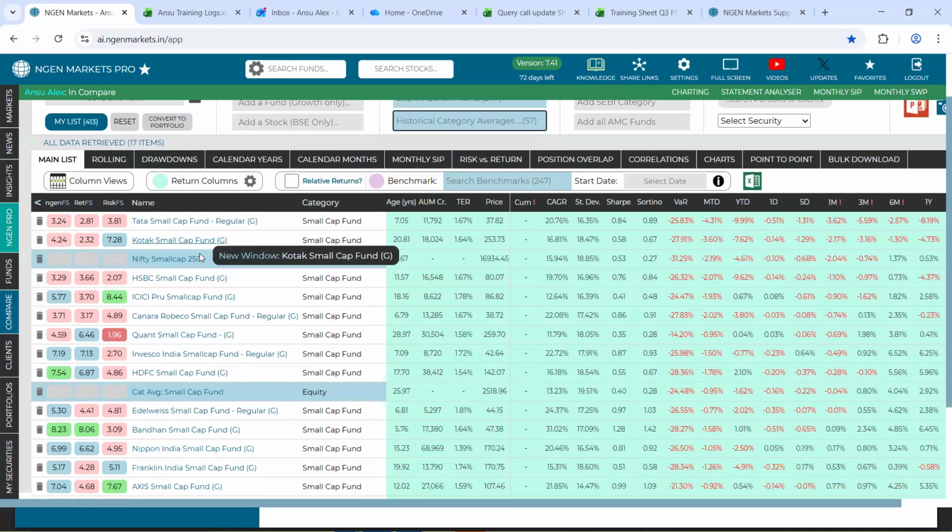You can see both the benchmark and the category average have been added in, and they are highlighted in a different color, which is blue, so that they can be differentiated from the schemes that have been added in.